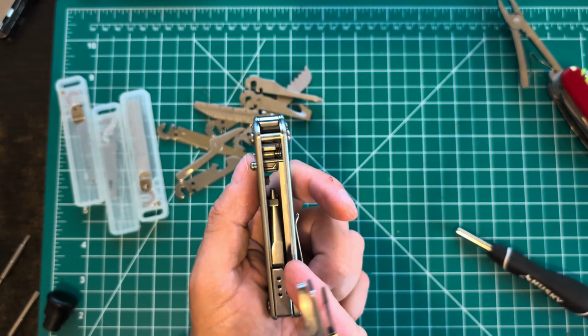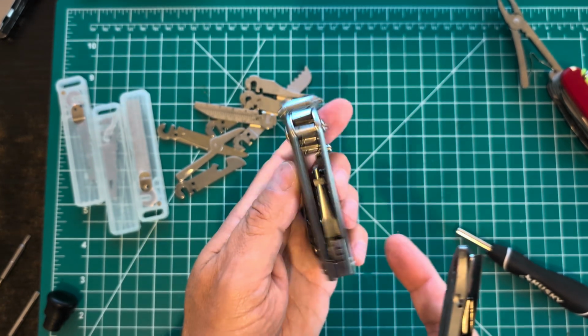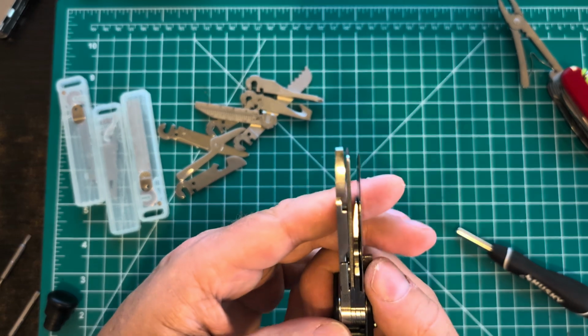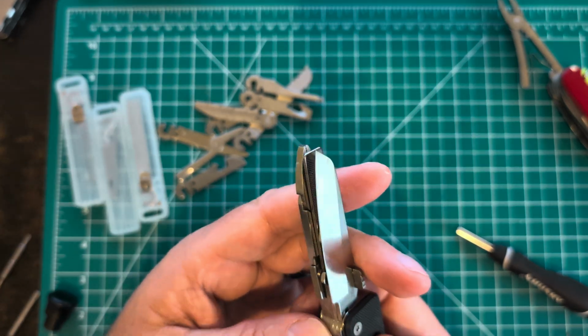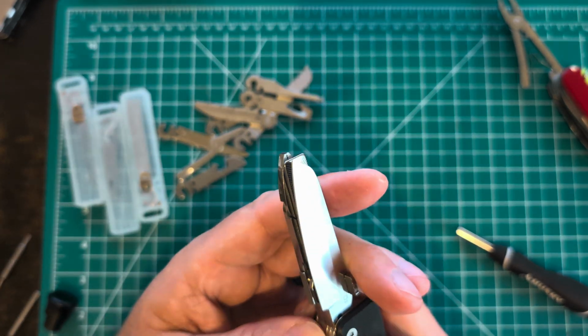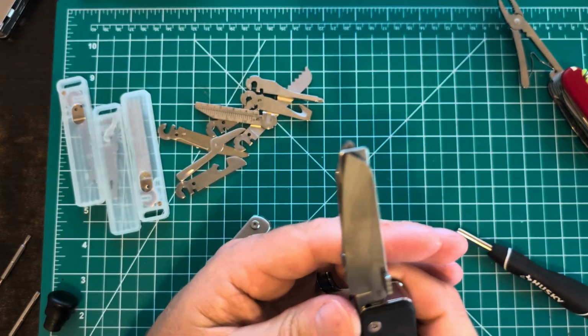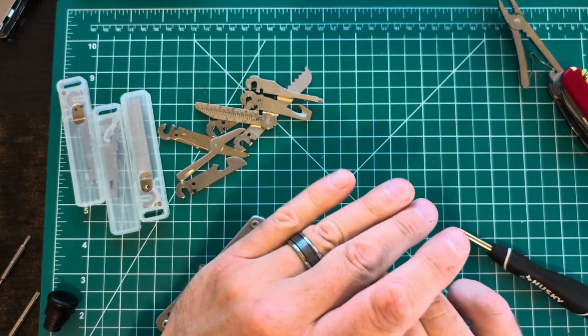So here you can only have so many long, you have 2 longs and then 3 shorts. And over here you can put 2 longs and 3 shorts on that side. Here you can put all longs, all shorts. You don't even need a blade. You literally can do whatever you want with regards to that. So very, very cool design